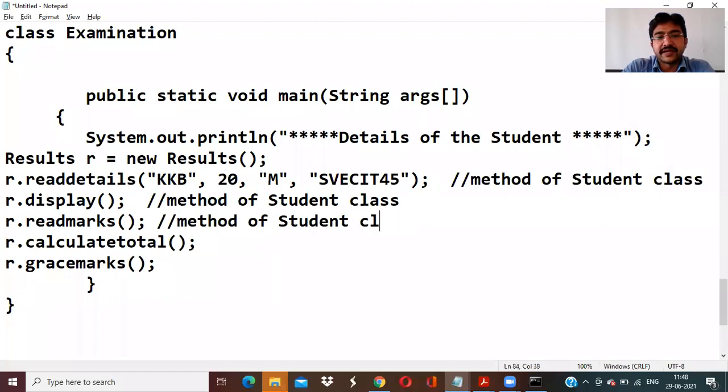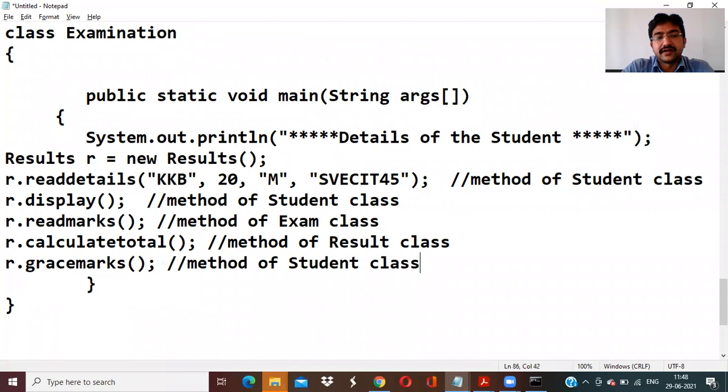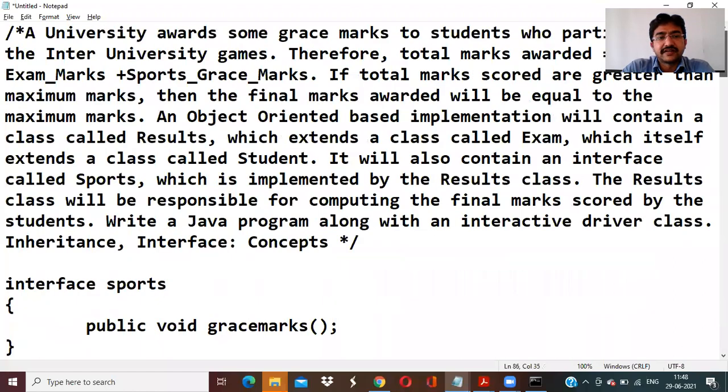Read marks, method of exam class. Calculate total, this is a method of the result class. And grace marks, the method of result class.